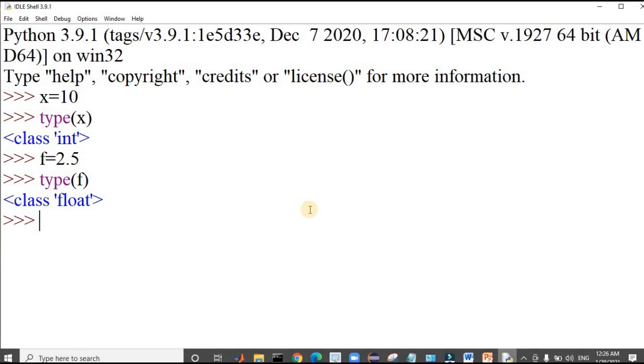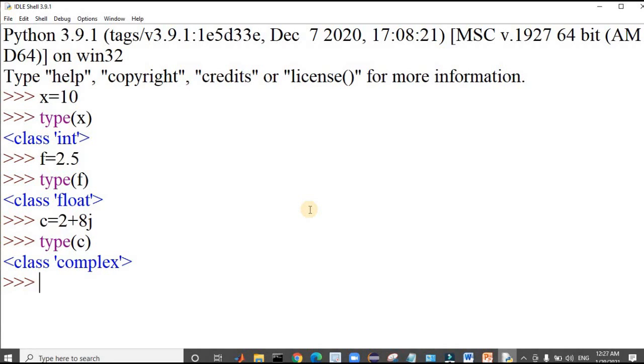Now what is complex type? Here I am taking another variable and I am trying to assign a value to it. As I said, you need to assign it like this, say some 8j. See, this is of complex type. If I try to fetch the type of c, it fetches the type as complex. Now we'll see what if we'd like to convert from floating point to int.